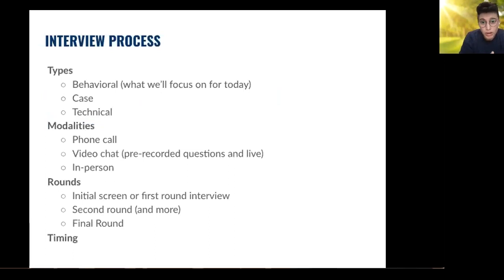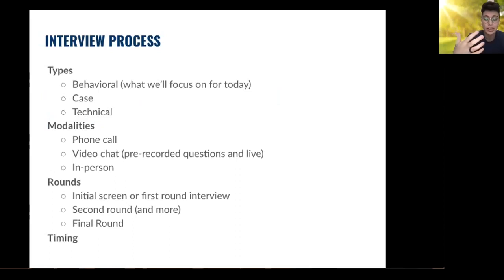So a little bit about the interview process. Just good to know as we get settled in here is that there are many types of interviews. There are different ways interviews can happen and different rounds of interviewing. So types of interviews, and what we'll largely focus on today is the behavioral interview, because no matter what type of job you're applying for, everyone has to do a behavioral interview, which is really just getting a sense of